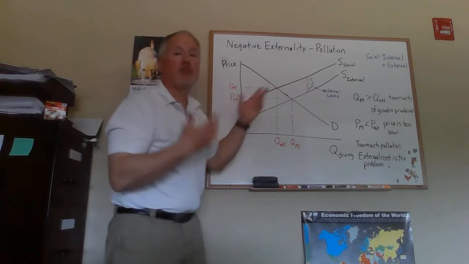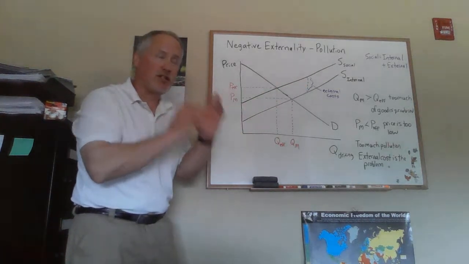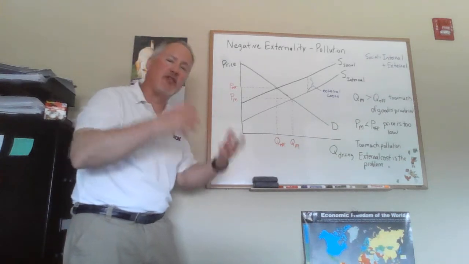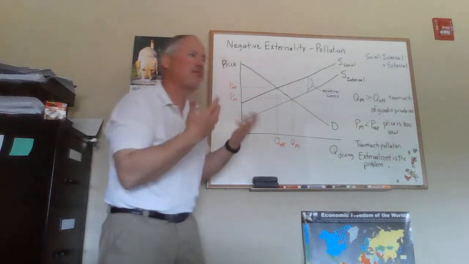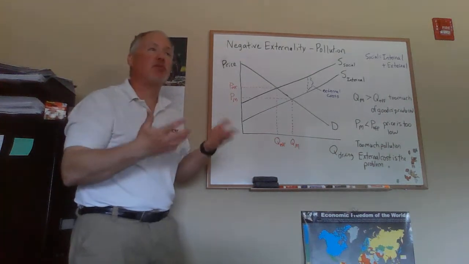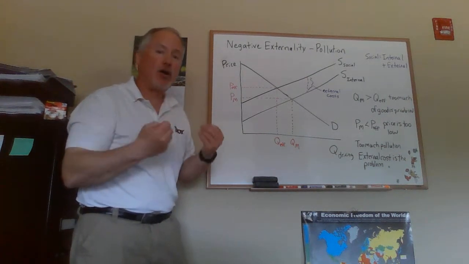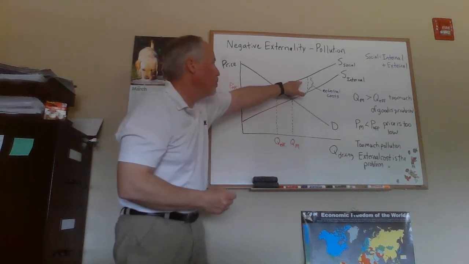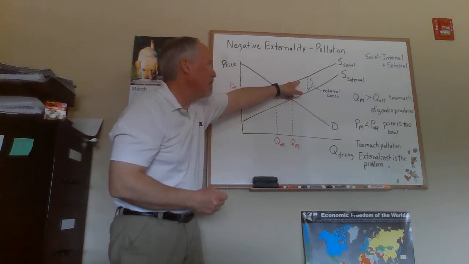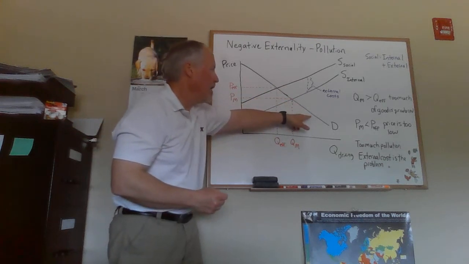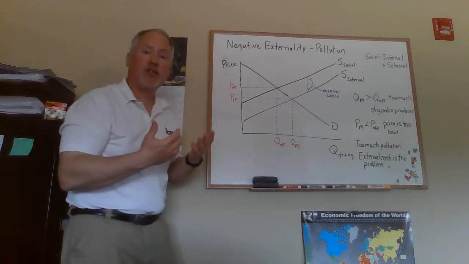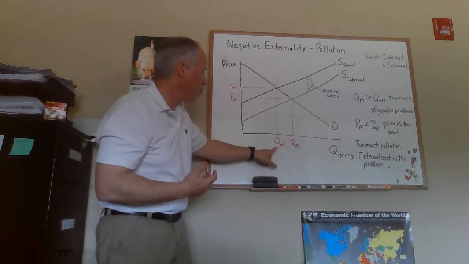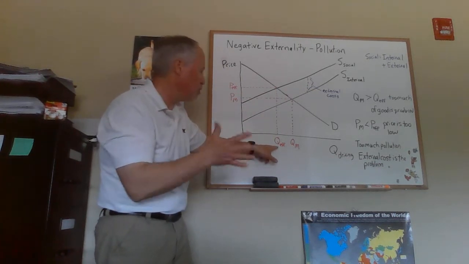The external costs are real costs. They are scarce resources. We're polluting clean air, so we're in effect using clean air to drive. We have to include that cost in the full cost of driving. So we will use the intersection of the social supply curve and the demand curve to give us efficiency. Where those two curves intersect is here, and this would be the efficient price and the efficient quantity.